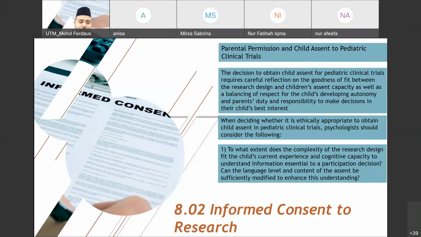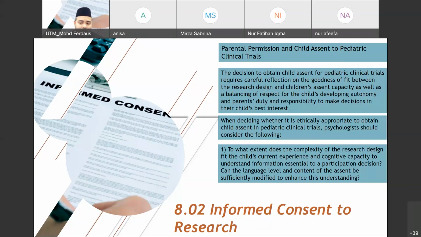If they are able to understand and follow, provided their mental condition at that particular time is okay, they are not under the influence of drugs, not under episodes of schizophrenia or bipolar, or they are mentally sound at that time, not too stressful, for example. So basically they have the right to be informed and to give permission.